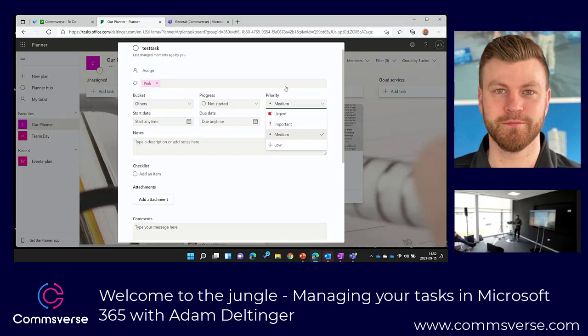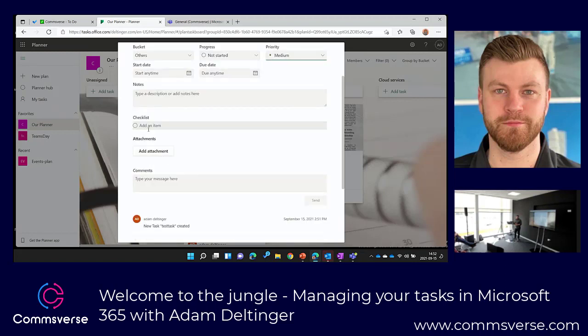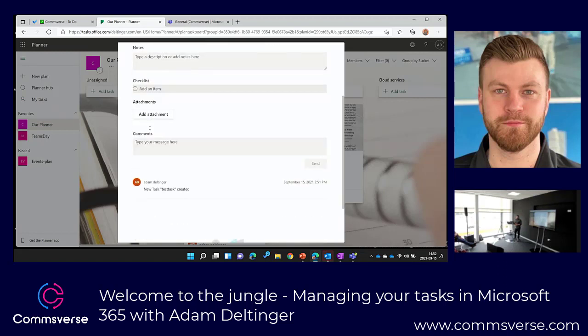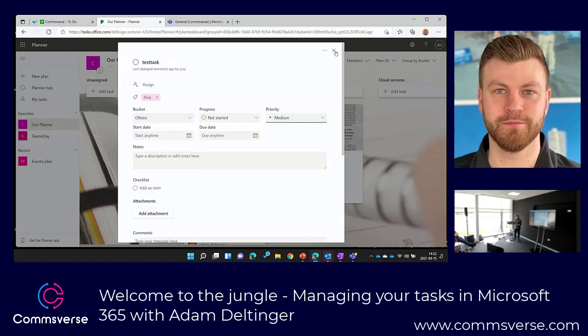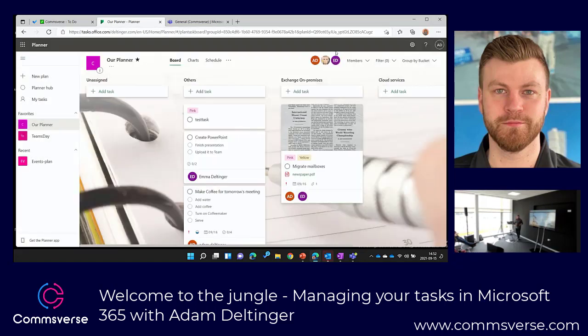And there's a priority and the built-in ones there as well. And then in the end, if you need much more than this, you might look at Microsoft List, because there you can create whatever you want. All right, start date and due date. You have a notes section. You can add checklists here as well as attachments, and you have comments here. So usually this is enough, and this is a really good lightweight tool that's often enough when you want to create tasks in the teams, like what do we need to do and stuff like that.